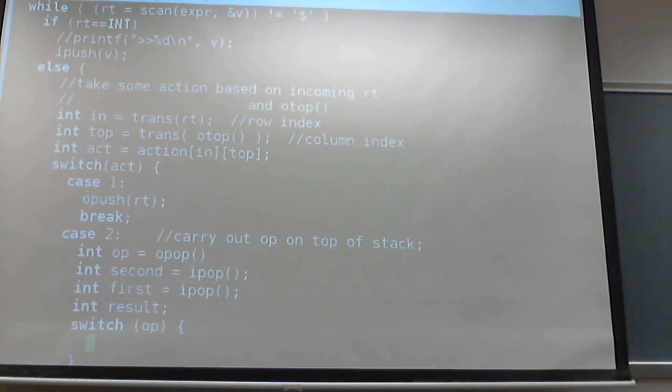So one possibility is that we've got ourselves a plus. What do we want to do? Well, the result is going to be